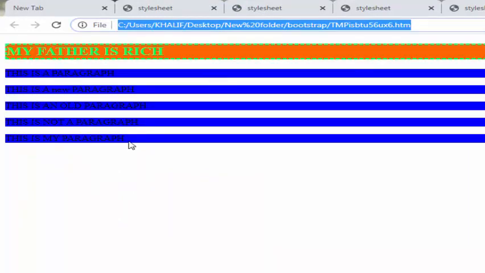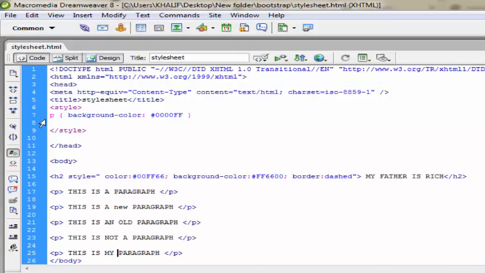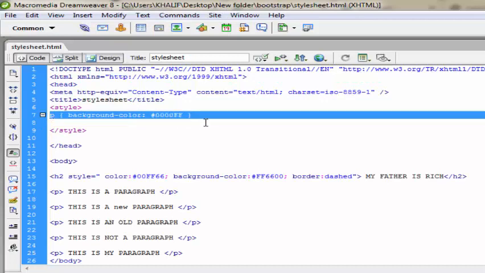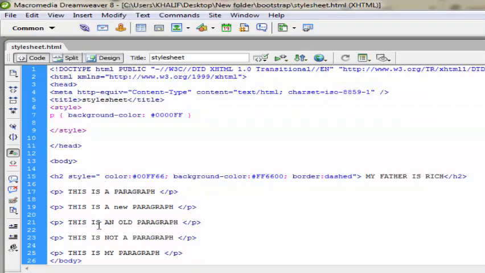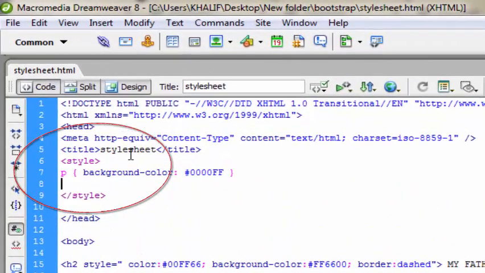Now just one styling here in the head has affected all paragraphs on this page. That is what embedded styling does. It will affect every element that you reference in this style tag. If you have 1,000 paragraphs on this HTML page, it would affect everything.